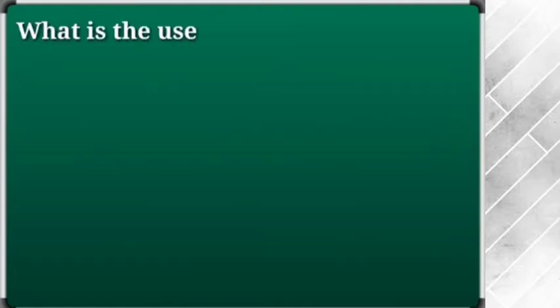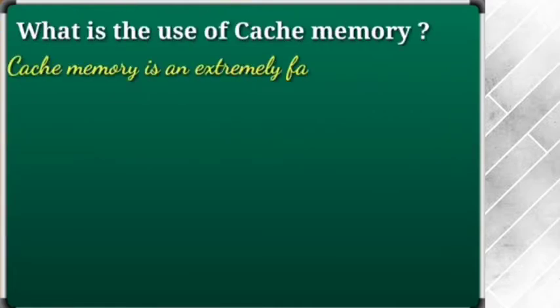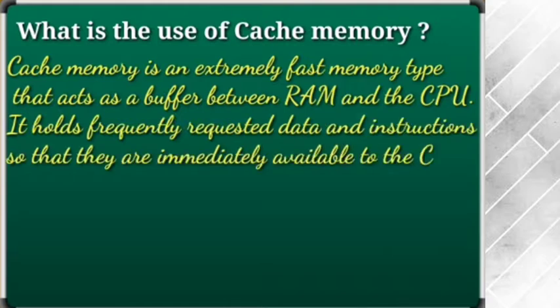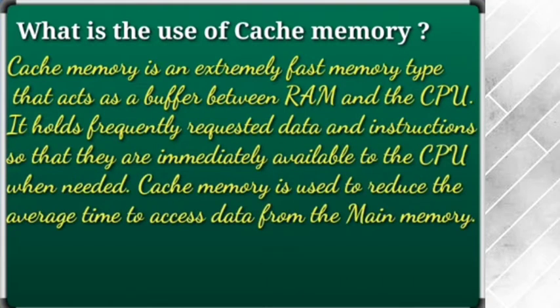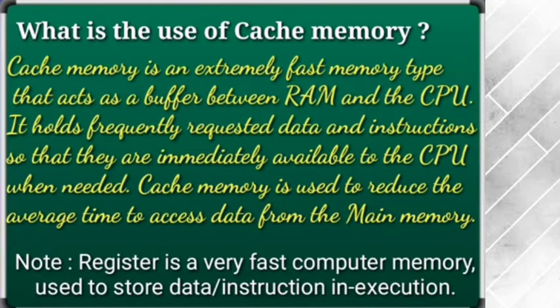So now let us look into what is cache memory and what is the use of the cache memory. It is actually a memory which is placed nearest to the processor, and this memory holds the requested data and instructions from the user, which is immediately available to the CPU, and it is also capable of reducing the access time from the main memory. So to access the data faster and more frequently, cache memory is placed nearest to the processor, so that instead of getting it from the main memory, the data can be accessed easily and quickly from the cache memory of the computer.